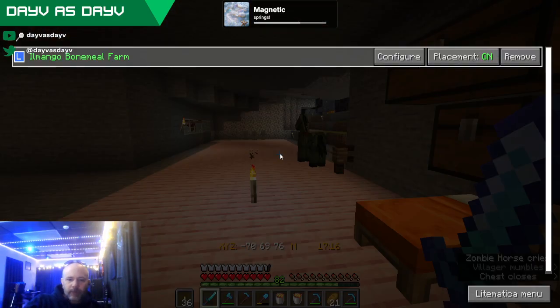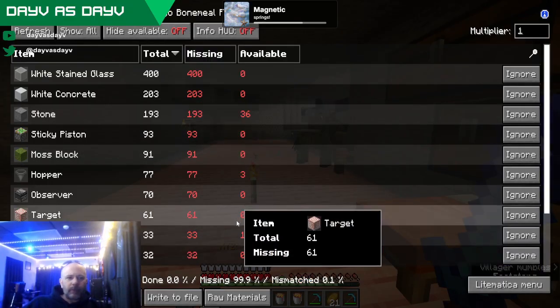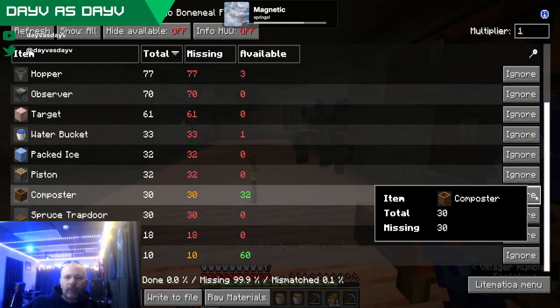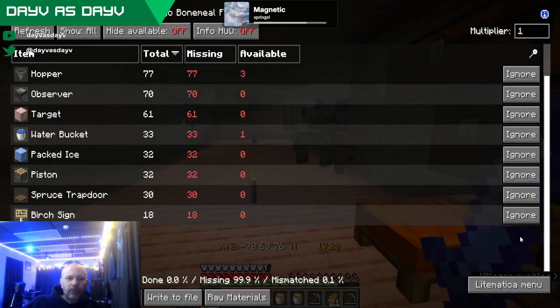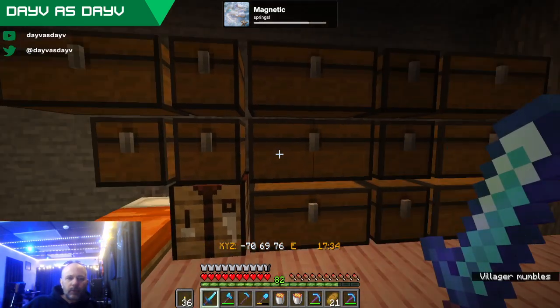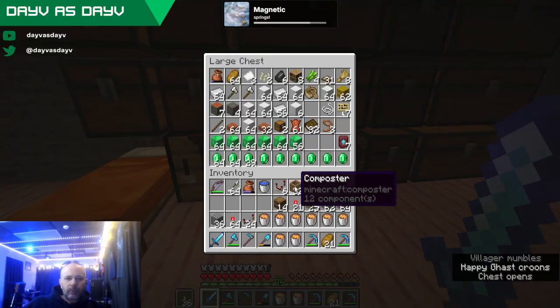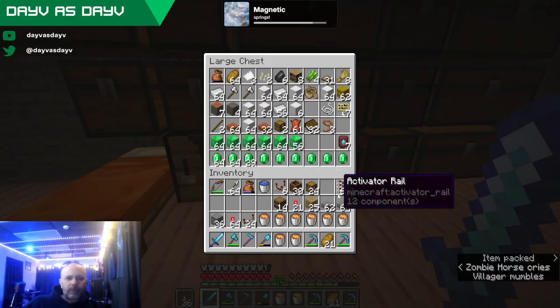Let's see what it said. To release, composters, need 30. I've got 32. We'll put 2 of those back. Activator rails are done. I made way too many of them. All right, so let's put 2 of those back in for future purposes.